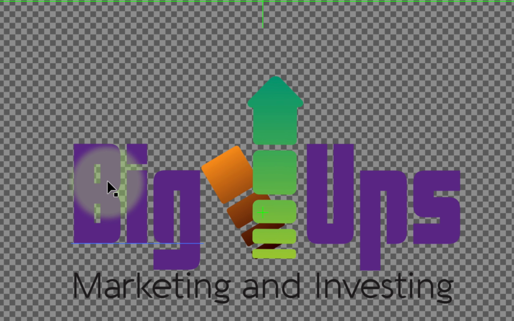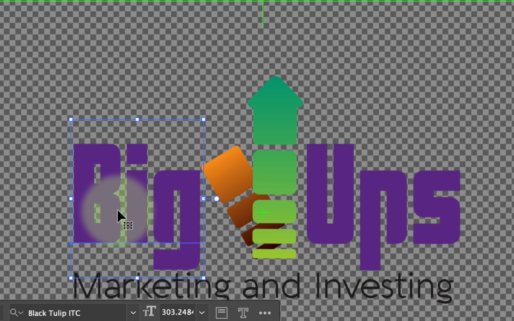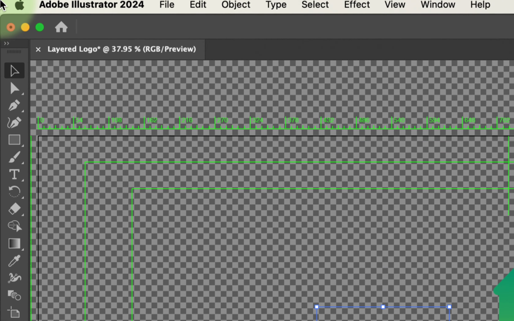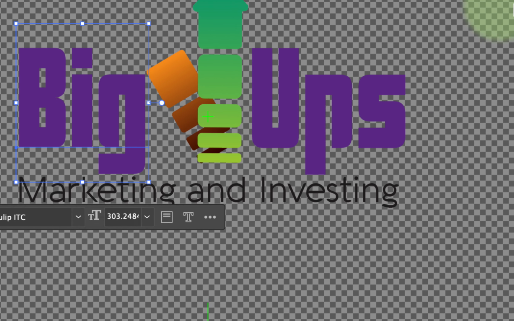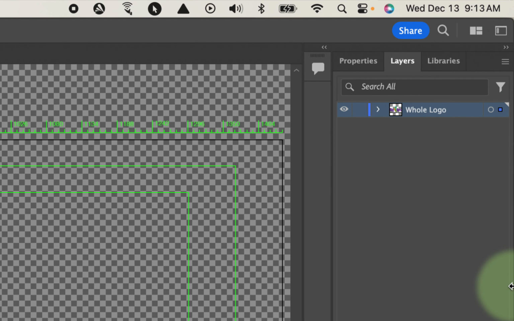Okay, so I'm going to start deciding. I'm actually going to work from the top down, so what should be the top layer? I'm going to select big. I'm going to press Command C to copy, or go to edit, copy. Okay, and I'm going to add a new layer